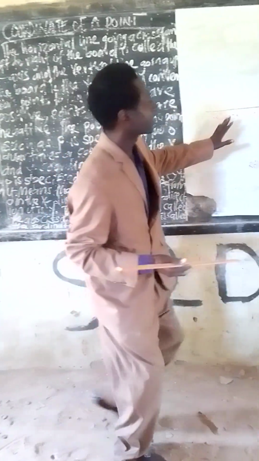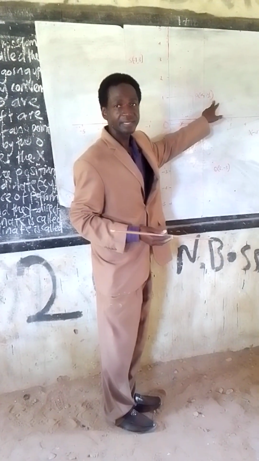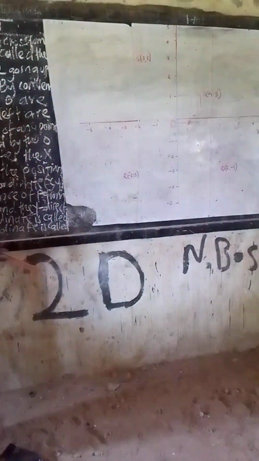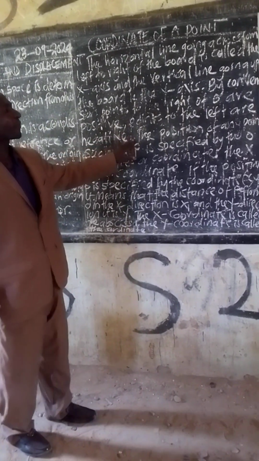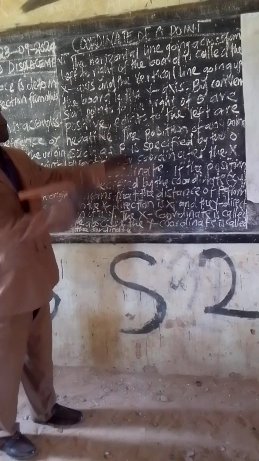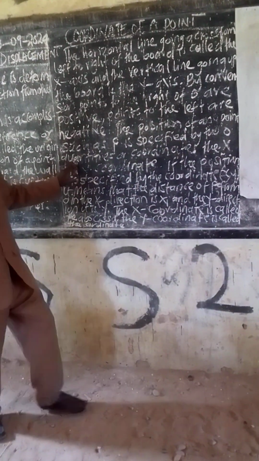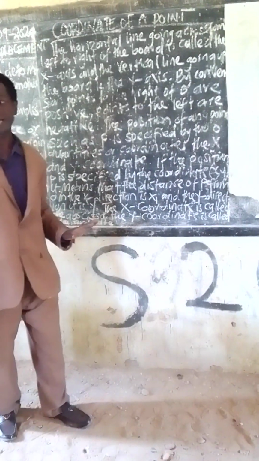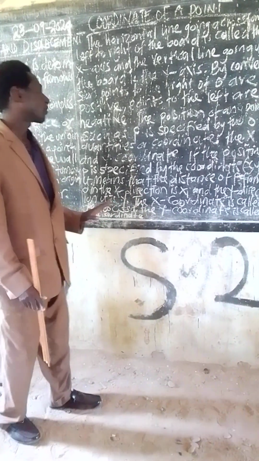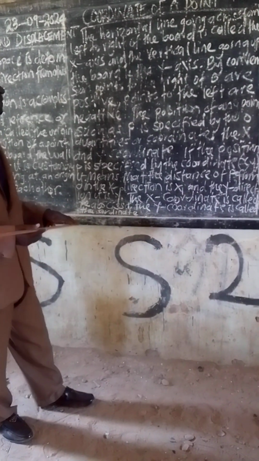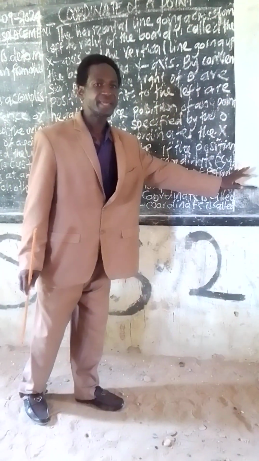For instance here, the point P is x1 and y1. So the position of any point such as P is specified by two quantities or coordinates, the x and the y coordinates, as I have explained. If the position P is specified by the coordinates x1, y1,